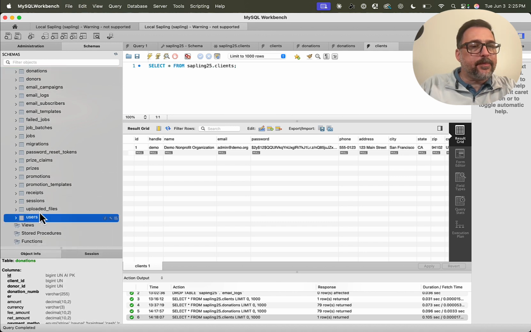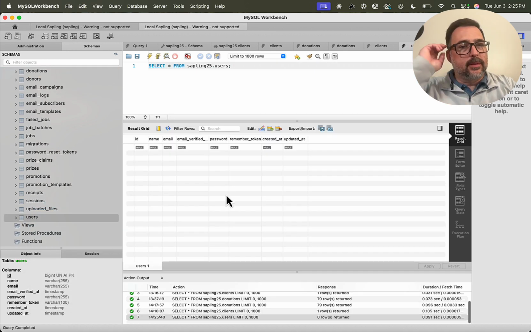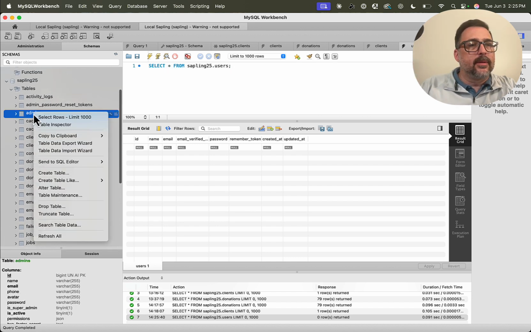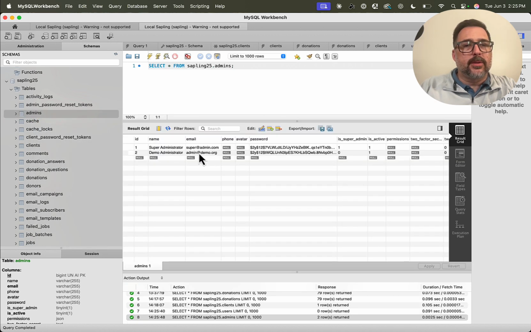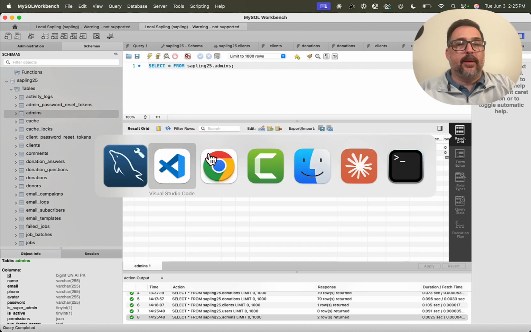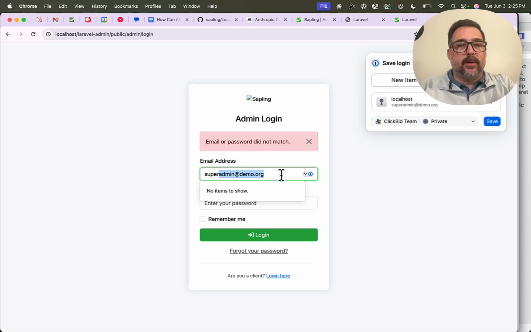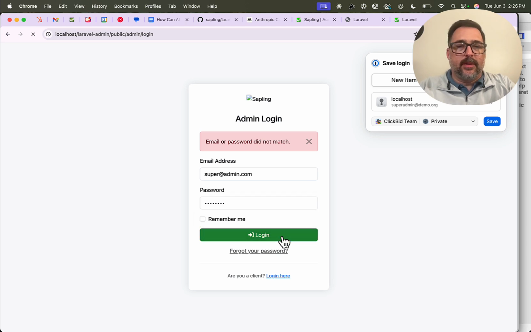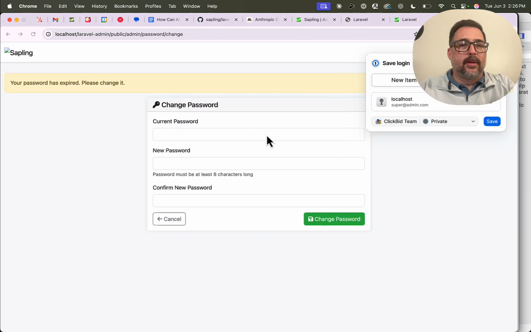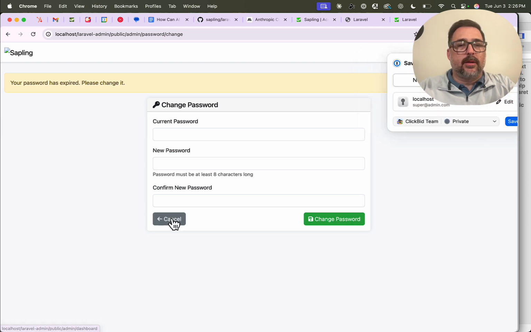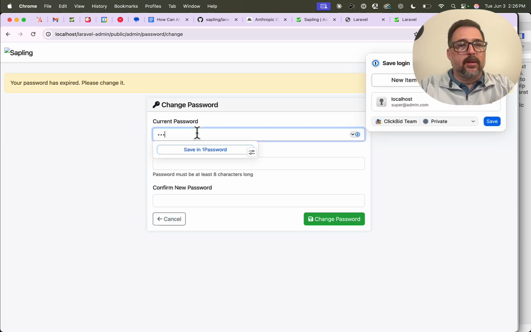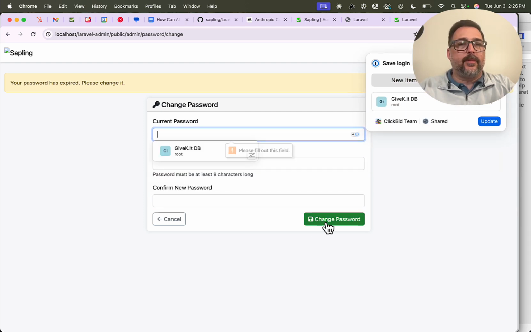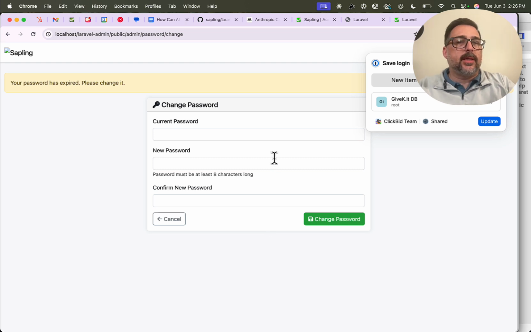Users. Come on, select rows. Well, none of those. Admins. Okay, so super at admin.com. All right, well, that's very different. Super. That was just password. I remember that at least. Okay. My password is expired. I don't care. Oh, apparently you care. Sure, why not? We'll just use a... Yep, now it's puking. All right, well, you can see here I have a lot of work ahead of me,